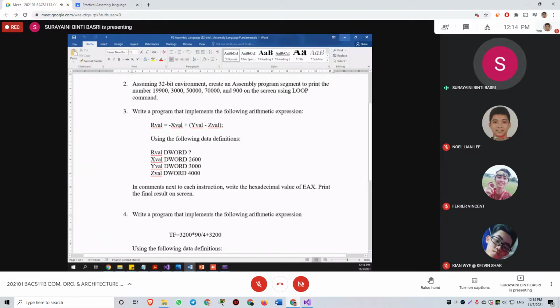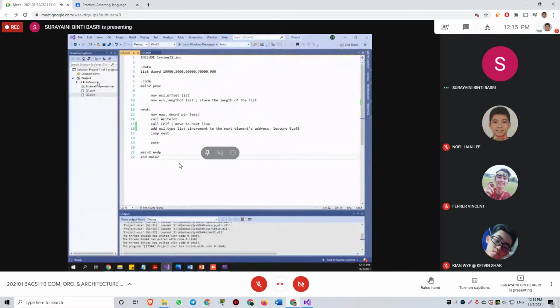Either the bracket or this part or this part first is okay, but you don't add it directly like this. Whichever part you do first is okay, as long as you don't directly plus them. So in our example,